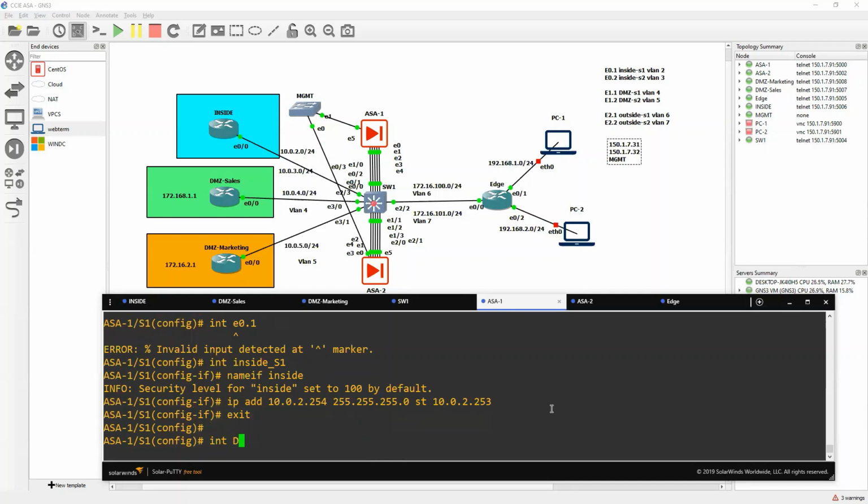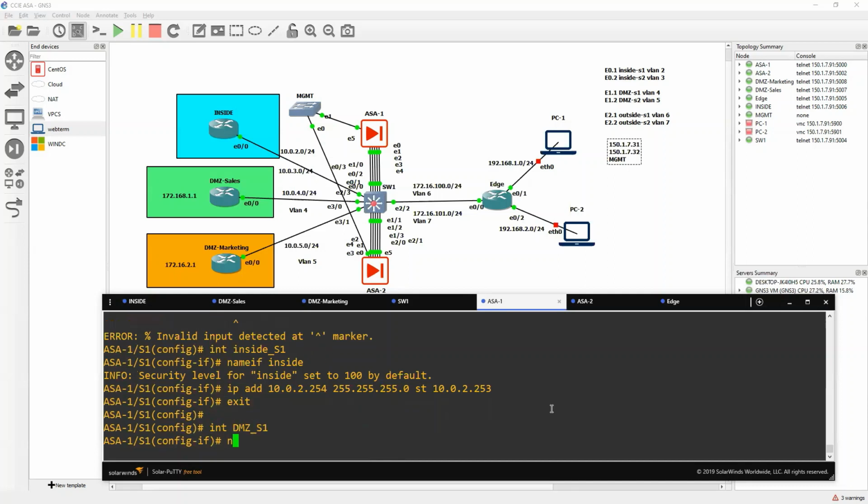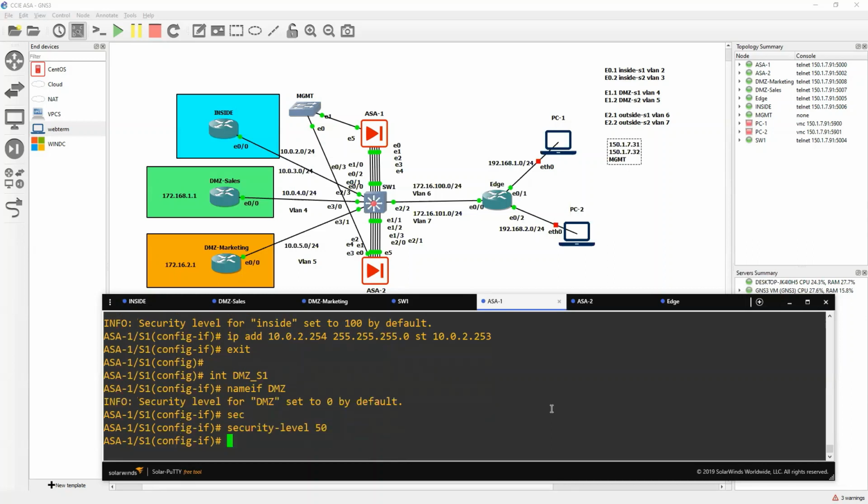Done. Next, DMZ_S1. The nameif will be DMZ, security level will be 50, and the IP address will be 10.0.4.254, standby 10.0.4.253,